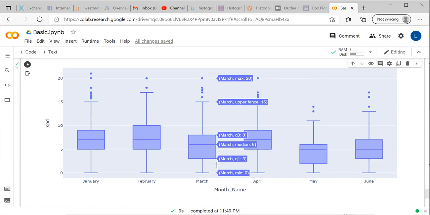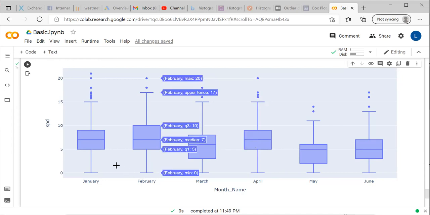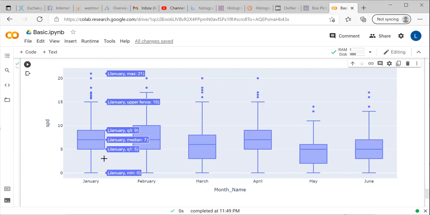If I were to create this in Excel, just think about it: how much time would it take? I would first have to filter the data, then do whatever is required for each and every month. There would be lots of backend work in Excel. But in Python, since the coding is already done, you can create this box plot with a single click.